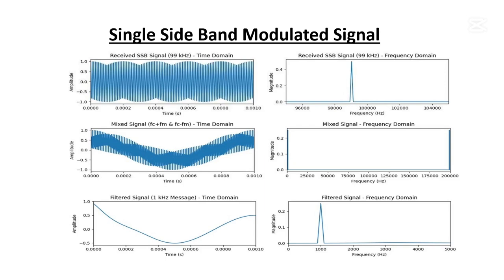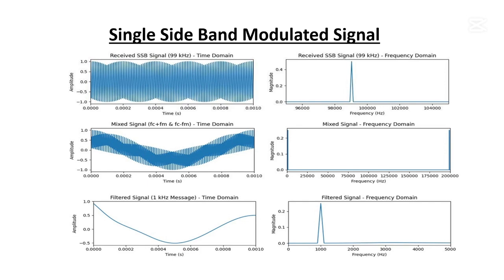If we have carrier frequency 100 kilohertz and message frequency 99 kilohertz, then we will obtain two frequencies in the result. By passing these through the balanced modulator, we will obtain the upper sideband, and we can get it by adding 99 kilohertz plus the carrier signal